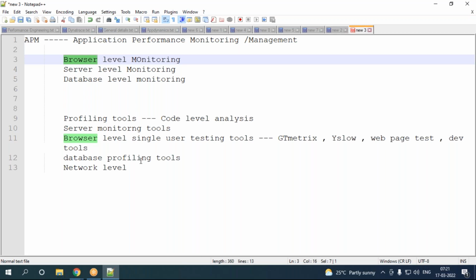And each tool requires a high skill. I mean, your profiling tool requires a high skill, or your monitoring tool, or your database profiling tool, like that. Each tool requires highly skilled resources. But I would say these APM tools, anybody can use, because they are that user friendly, so that you can easily